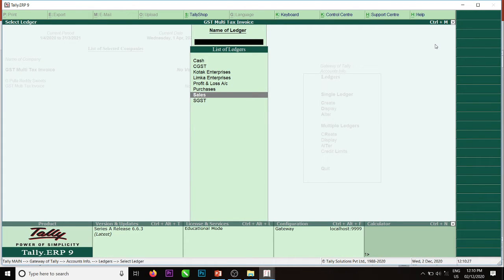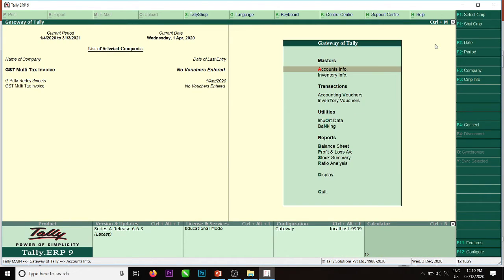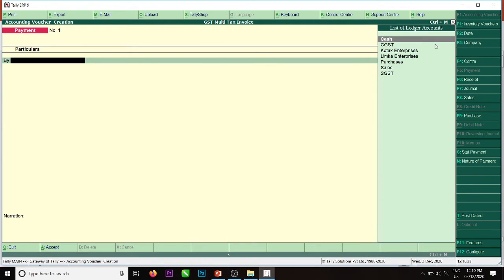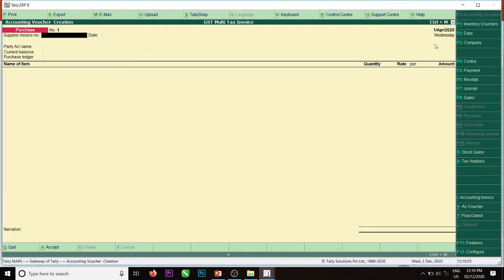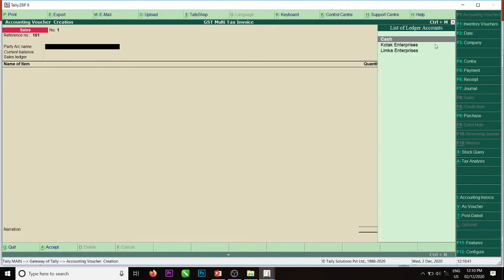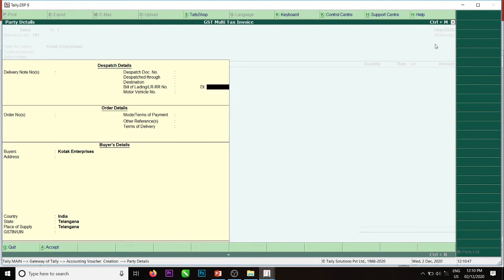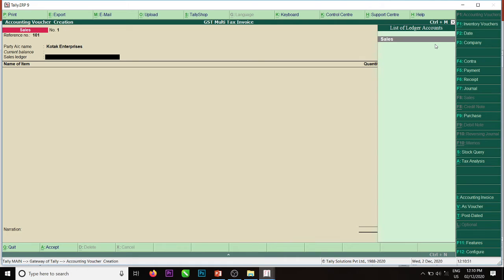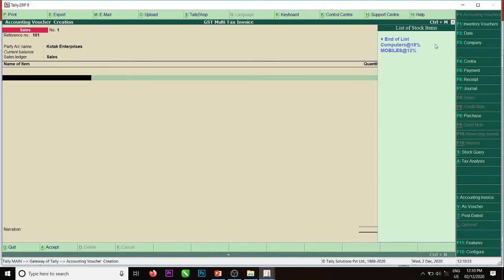Now we will pass one entry. We purchase goods from Limca. F8, F9, pass sales. Reference number 101. Kotak Enterprises. Party details it is asking. Sales ledger.